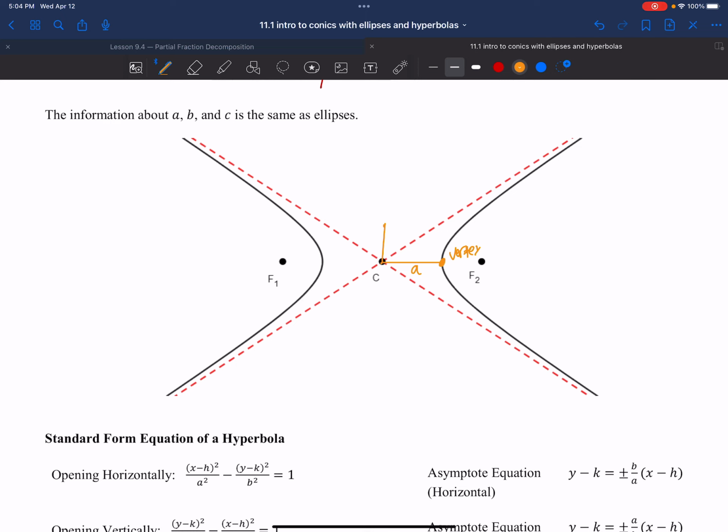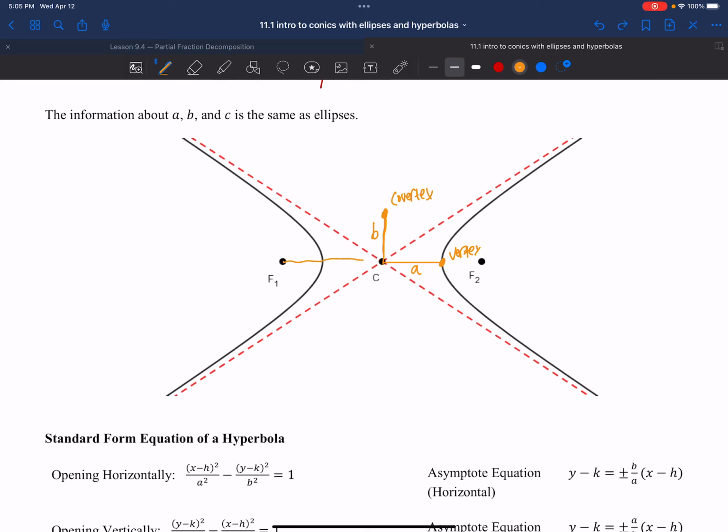I'm going to sketch it real quick just to eyeball it. It's about right there. You say, how does Mr. Spake know where that is? I will tell you later. That distance is b,